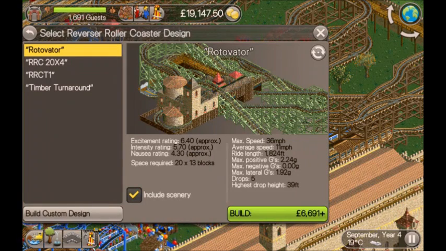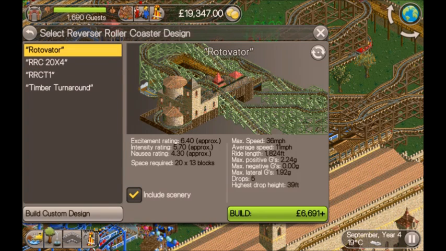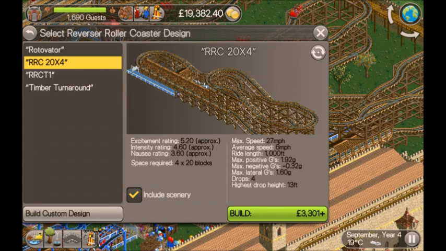Right, so that's 6.4 excitement for 6,600. What's the footprint on that? 20 by 13. Mine is smaller, much smaller, half the price, and maybe 1 point less exciting. But as I said earlier, once you go over 5, guests are going to...